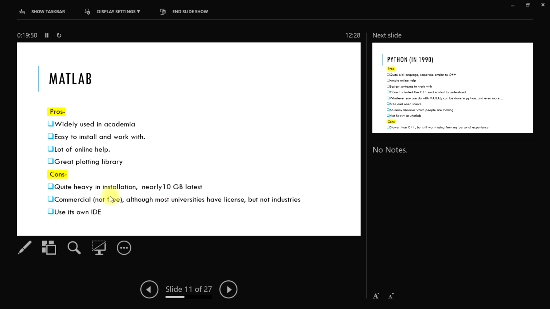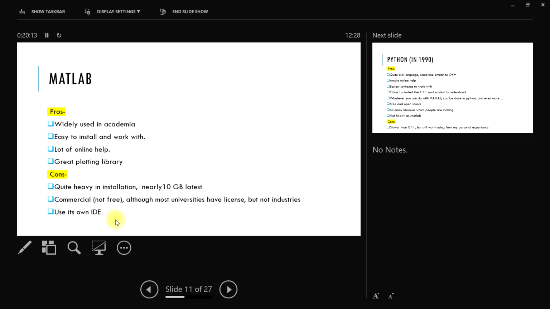Another thing is with MATLAB, you have to use its IDE. You know the window of MATLAB. There are many options. So as far as I know, you cannot run a MATLAB program through terminal. Can you? I don't think so. So you have to use that IDE. So again, I think it's a little slow. Anyway, we can move on.